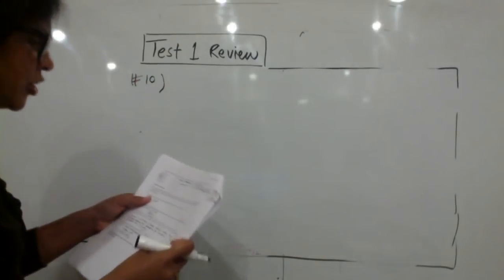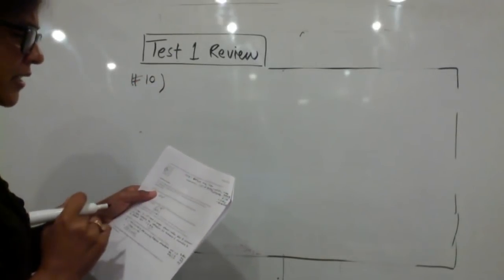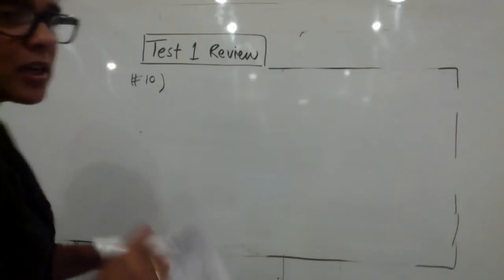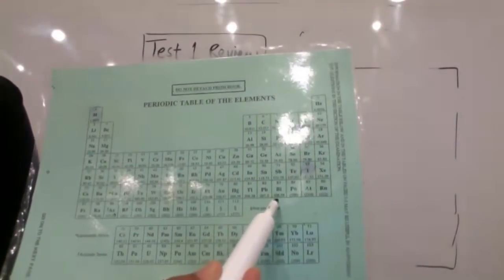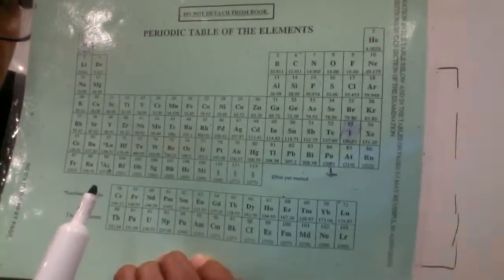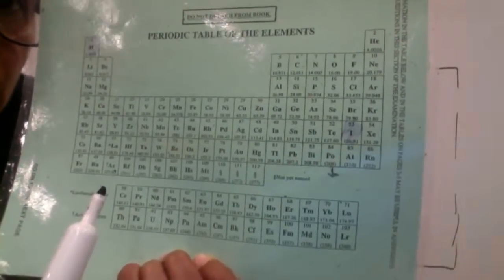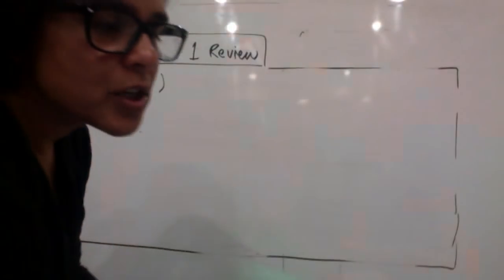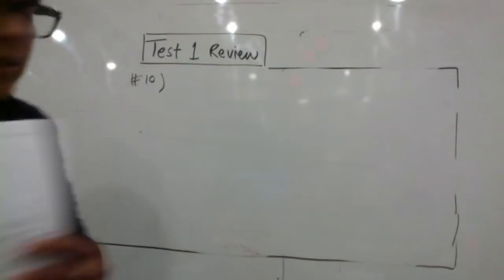Number 10 says a new element with atomic number 116 was discovered. What will be? So 116, guys. Look at this periodic table. So this one is 112. So 13, 14, 15, 16. 116 will be here under the oxygen group. That is a key piece of information. So if it is under the oxygen group, it will be